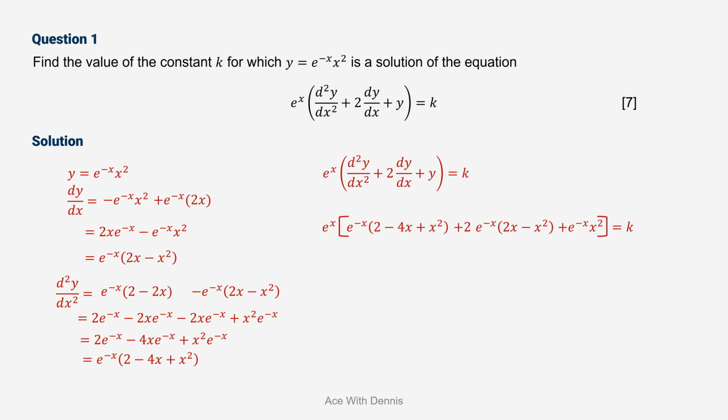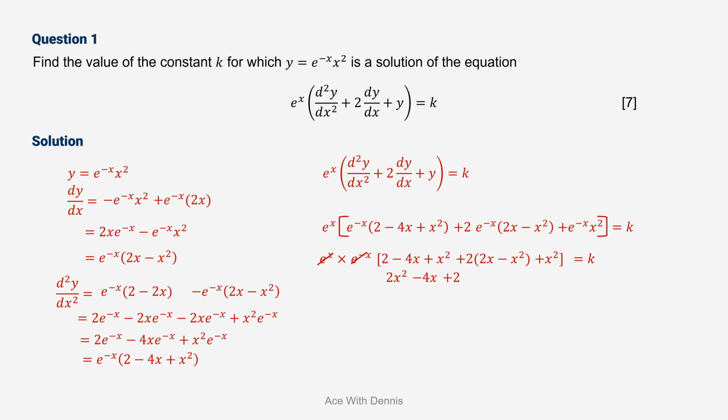Alright, so from here you can see that the e to the power of negative x can be factorized out. So we get e to the power of x times e to the power of negative x, then again open the bracket. Inside the bracket we are only left with 2 minus 4x plus x squared, and then plus 2 times 2x minus x squared, then plus x squared. Then close the bracket, equals k. So e to the power of x times e to the power of negative x will cancel each other, which gives us 1. And then we will expand and simplify